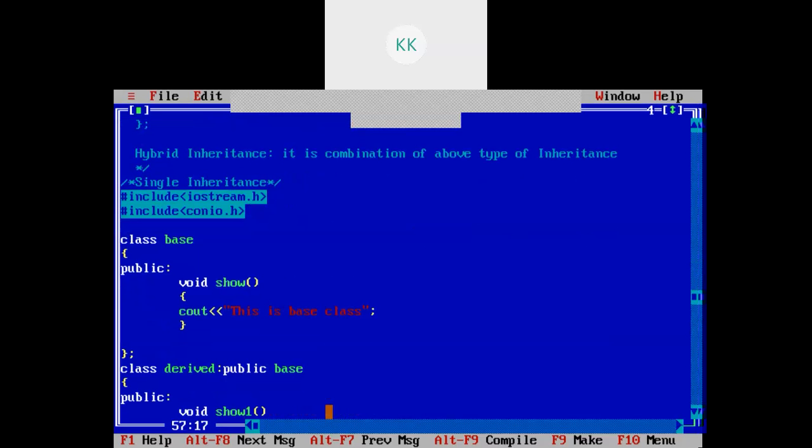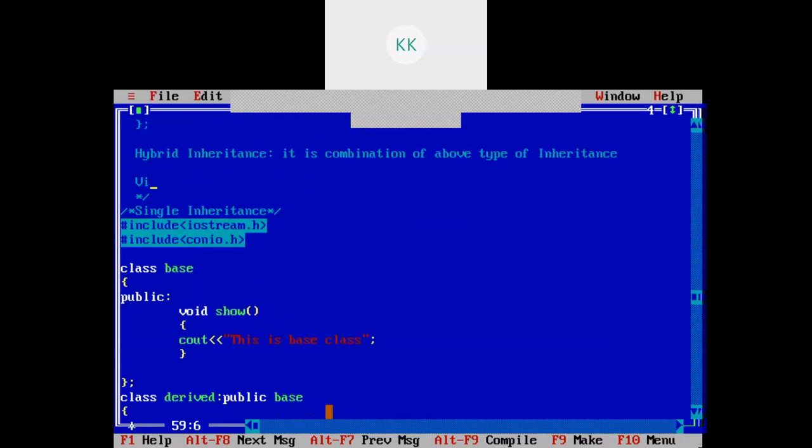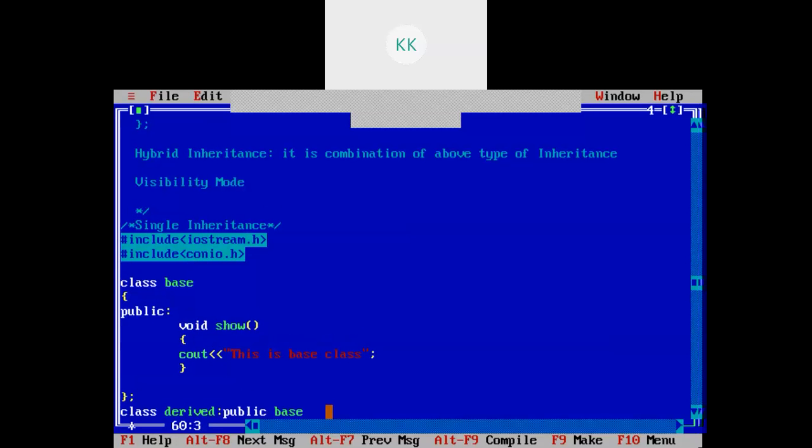Now one more thing you need to understand, that is visibility mode. So what is this visibility mode?